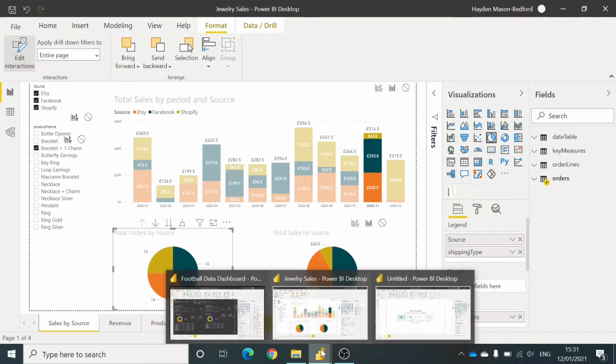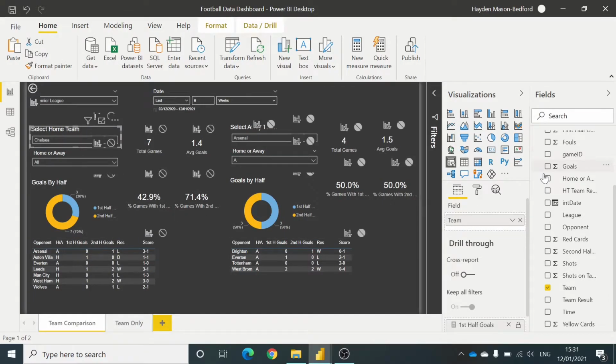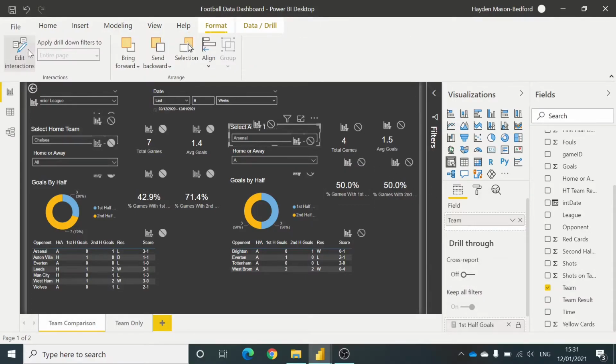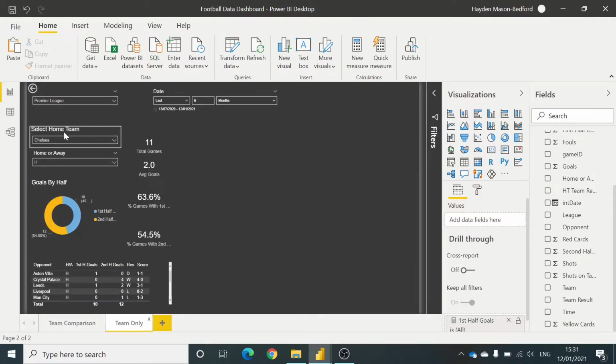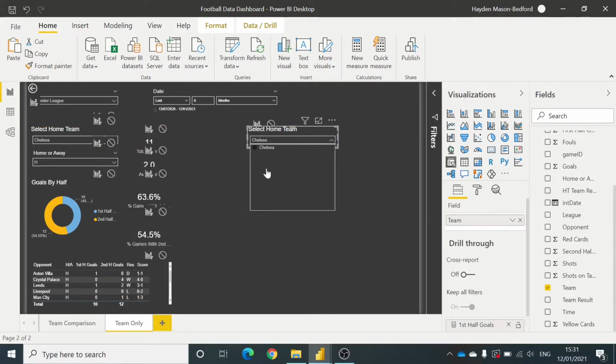The next one I want to show you is a dashboard I've created that shows football results. What I have here is a filter slicer that shows me the team. If I select this one here, this shows me the team as well. And as you can see, I've got the edit interactions highlighted already. So what I want to do is give you a quick example. If I show you this, how do I build that in? If I select team and copy that and drag that over here, if I wanted to select another team, I can't. So what I first want to do is make sure that when I select this visual, no filter